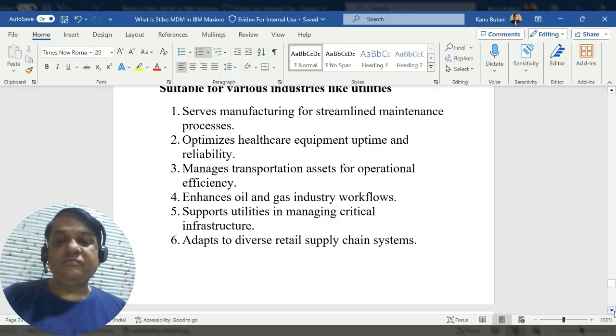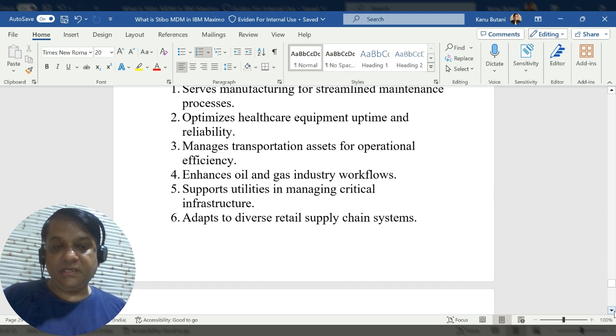How IBM Maximo is suitable for various industries like utilities. It serves manufacturing for streamlining maintenance processes. It optimizes the healthcare equipment uptime and reliability, manages transportation assets for operational efficiency, enhances oil and gas industry